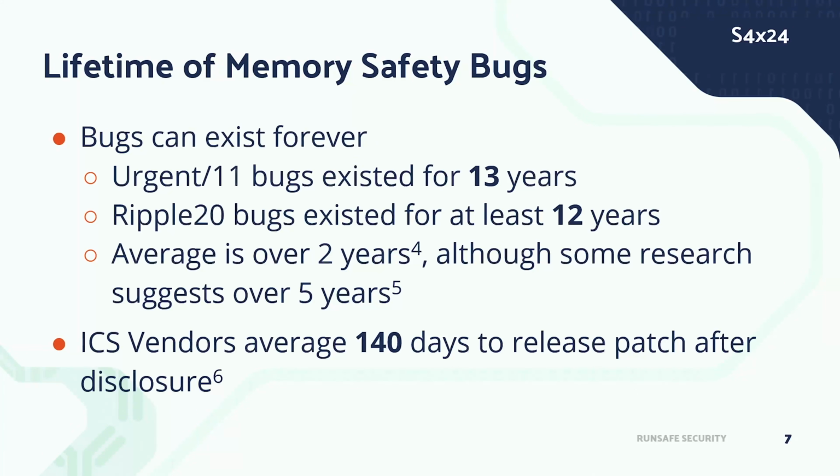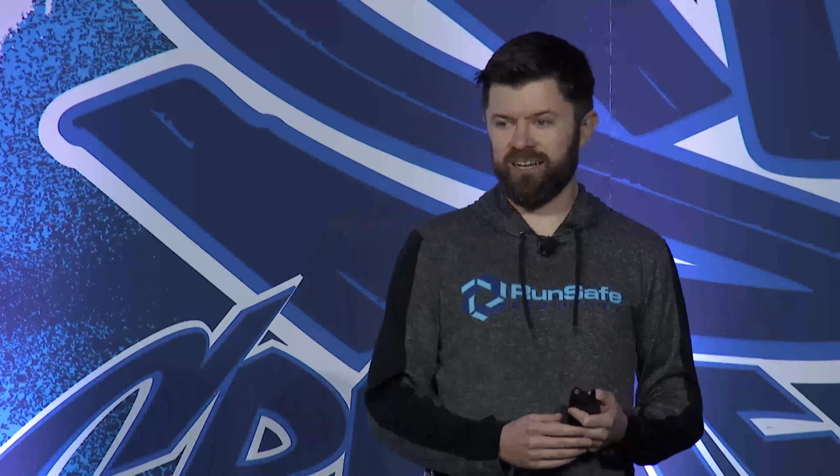But here's the scary thing. ICS vendors average 140 days to release a patch. For IT systems, for browsers, for complex software in your enterprise, that number is way down. It's hard to tell what that number is for non-ICS, but Trend Micro did some studies with ICS vendors and found 140 days from them finding out a bug to having a patch. That doesn't mean that the asset owners got a patch or it got deployed. So that's an eternity.